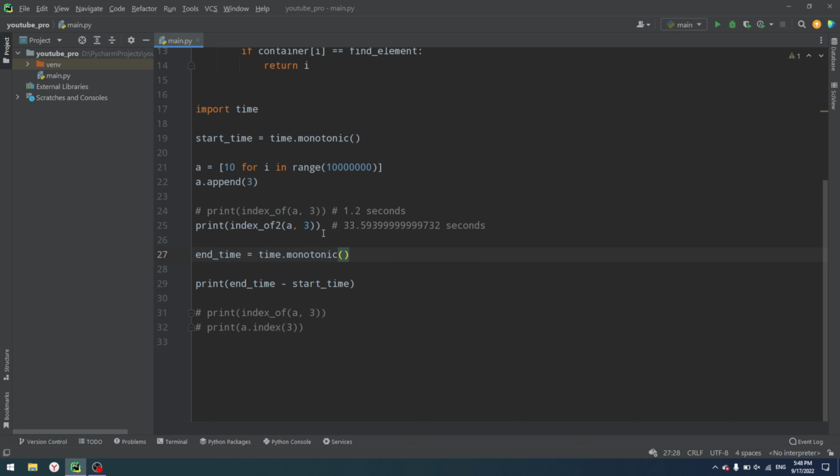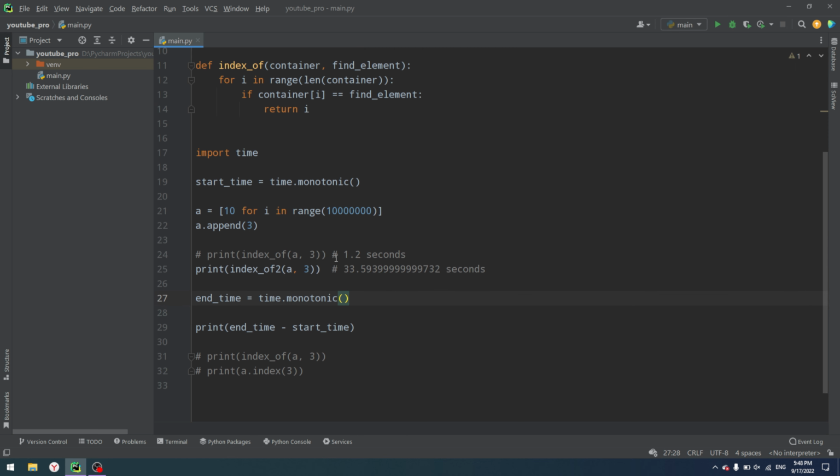But what is the problem with that method? What's the problem with measuring just the time? The problem is that every computer, as I said, has different hardware. So if I take my computer and Google servers, what's going to happen is that Google servers are more powerful. So if I run index of 2 on Google servers, it can finish in like 0.0001 seconds, because Google servers